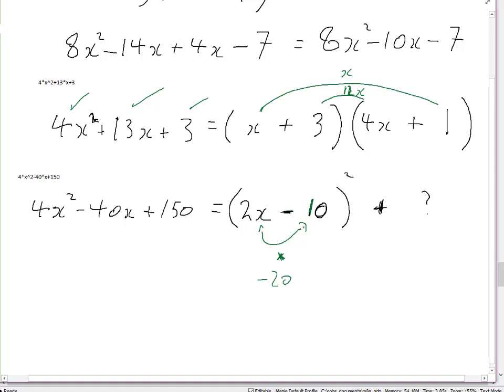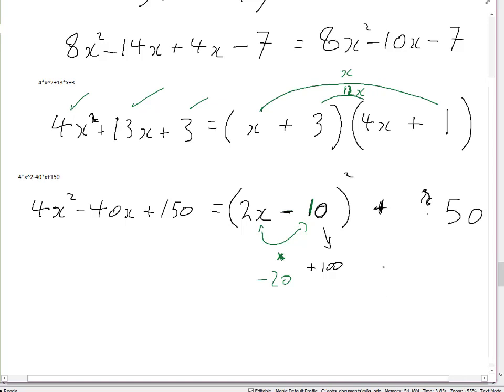And then I know what I must have here because this must give me the negative 4. I know what I have here because this times this must give me negative 20 to get the negative 40. But when I find this squared, it will give me plus 100. And that's incorrect. So what I'll need to do here is to add on